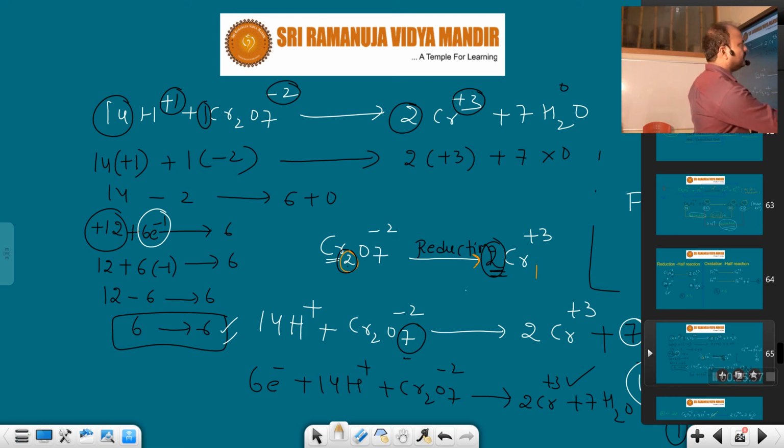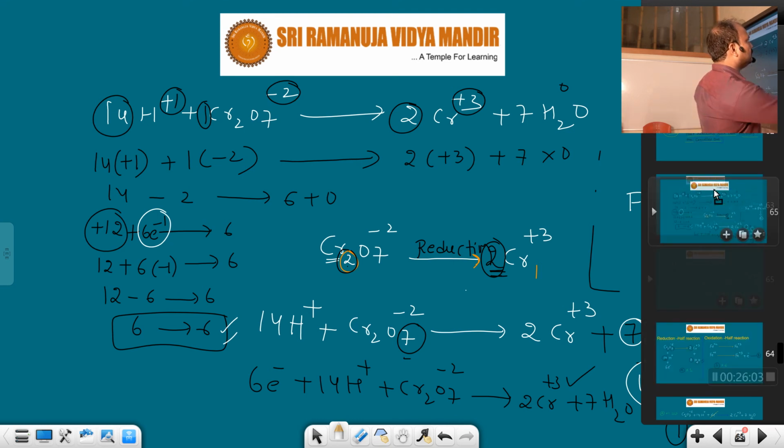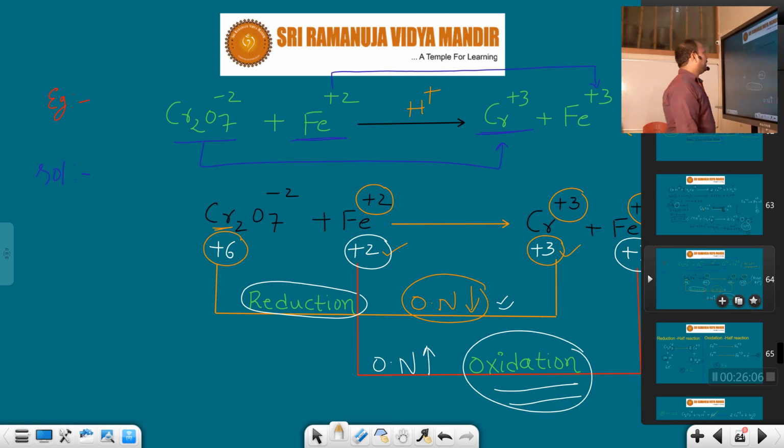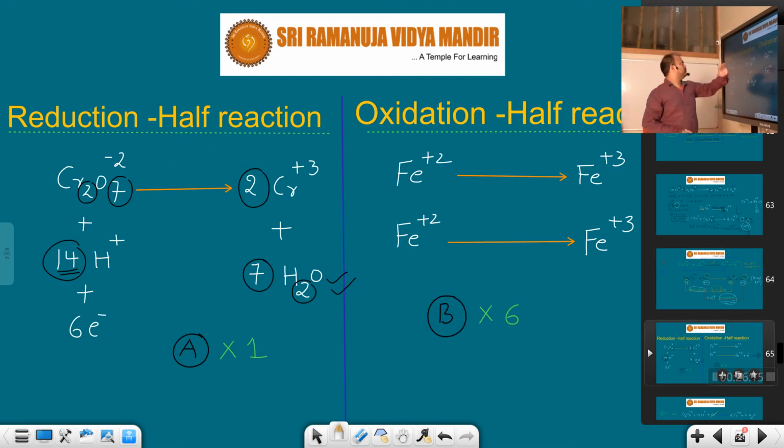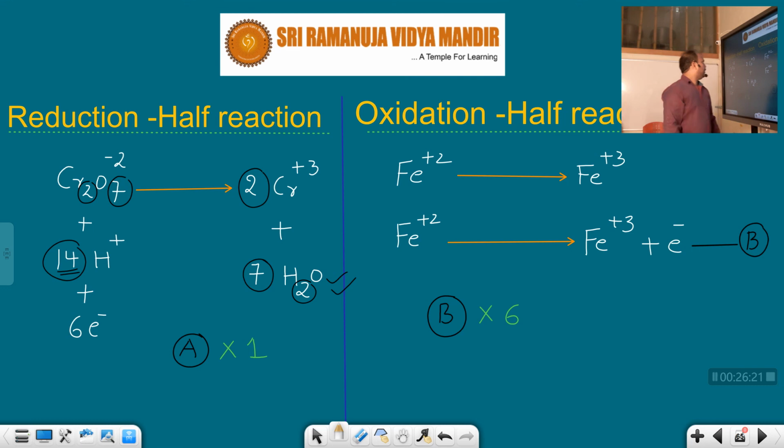So observe that, take a look here. First of all, we separate the oxidation reaction and the reduction reaction. After that, they are divided into the reduction reaction and the oxidation reaction, both separate. So how to separate that in the first step? Are chromium atoms balanced or not? Here 2 chromiums will be there, here 1 chromium. So on the right hand side we multiply with a suitable factor, 2. Now the left hand side has 2 chromiums, the right hand side has 2 chromiums.